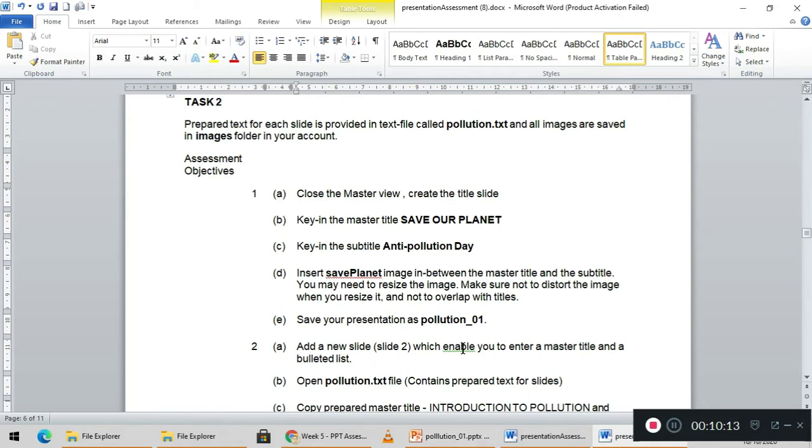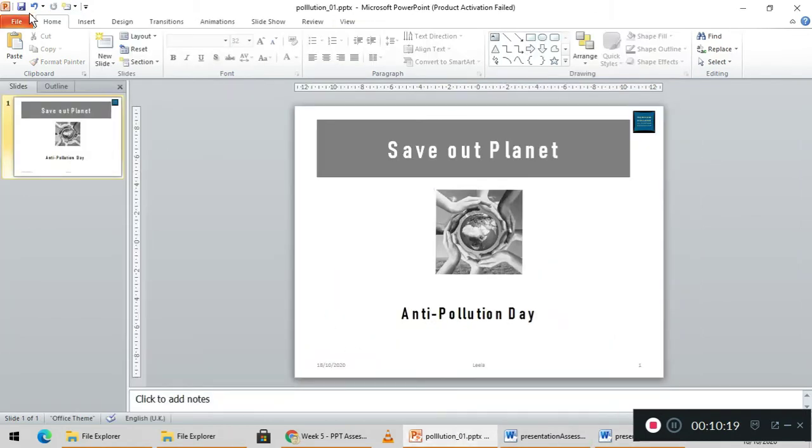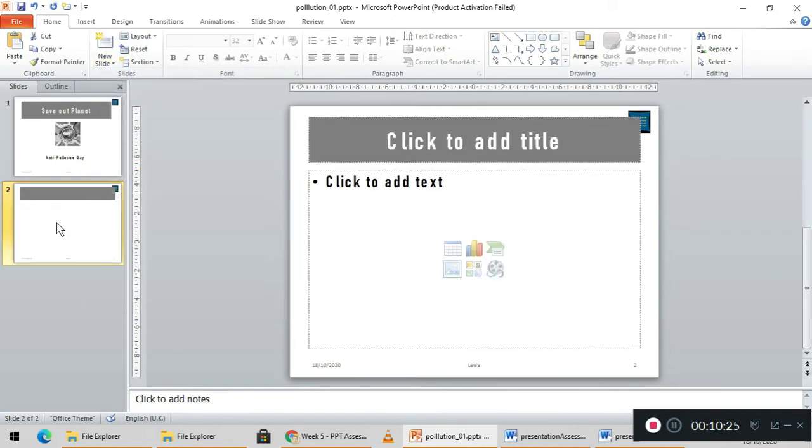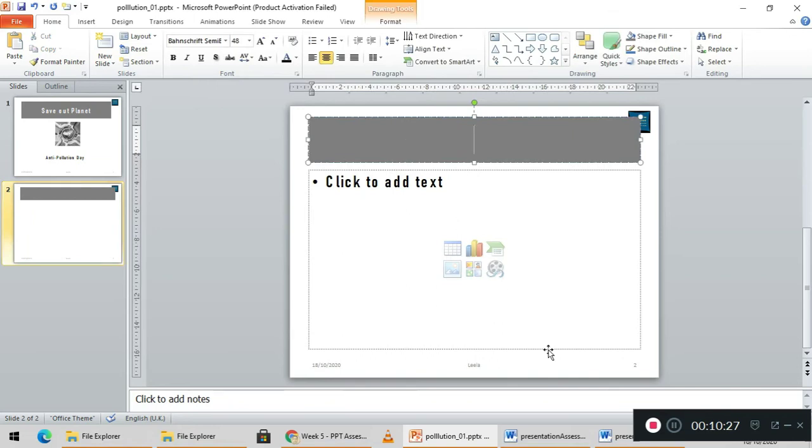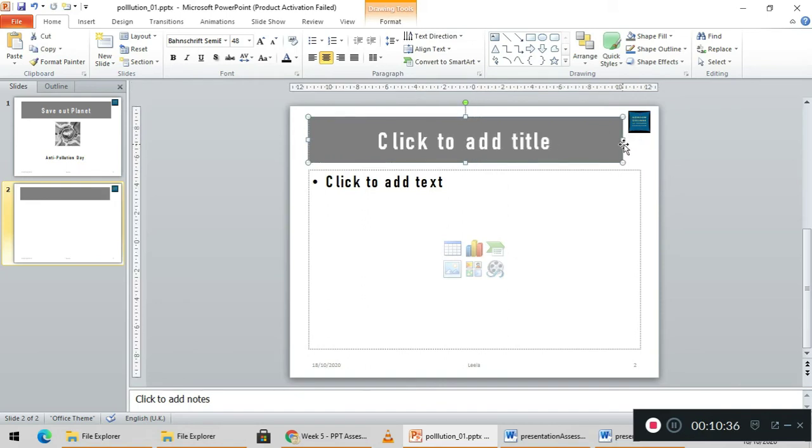Next part is save your work, which I will do. Add a new slide to enter the master title and bulleted list. I'll save my work because it's the same file name. I'm going to get my new slide from here. If it is overlapping, students, you can slightly reduce the size from here also. You see that? You can do that too. And then from here you need to